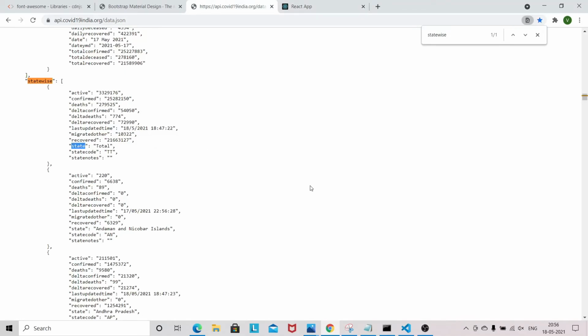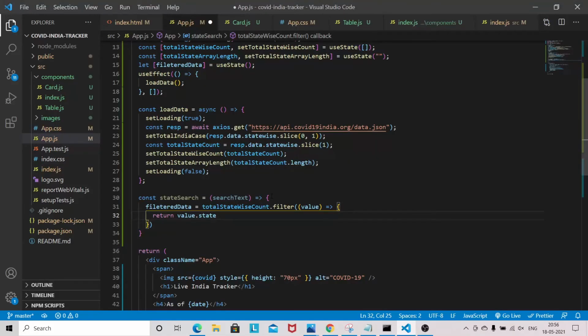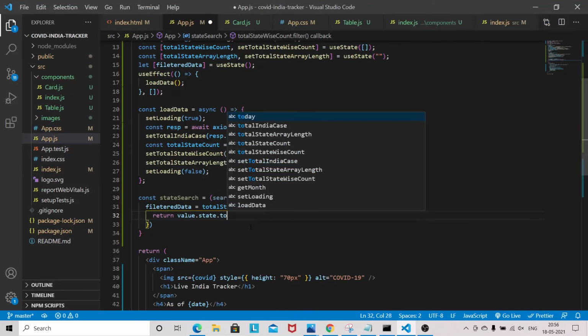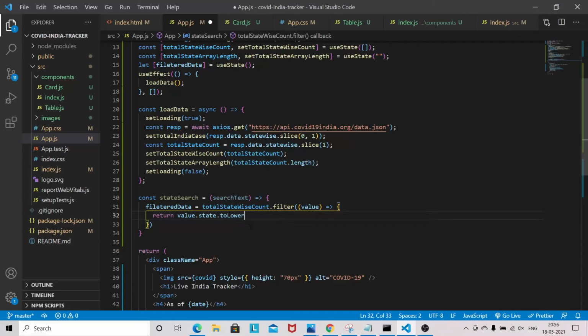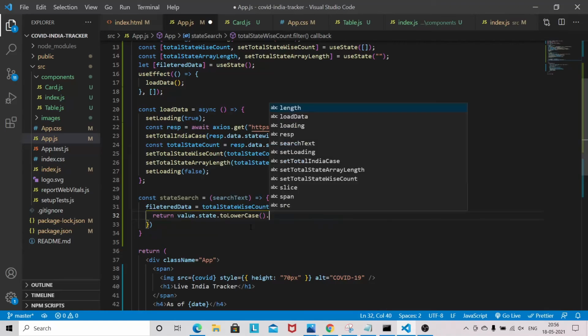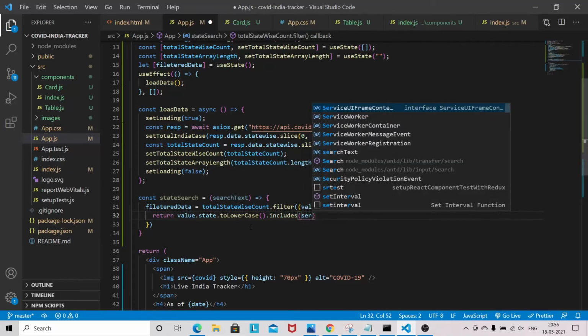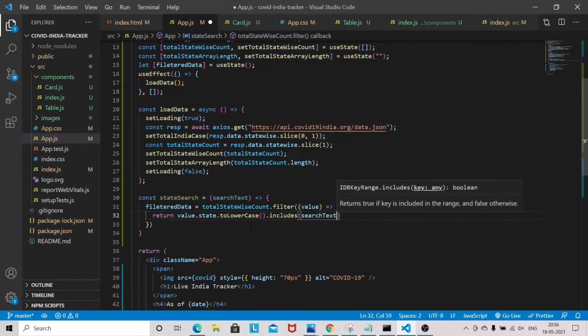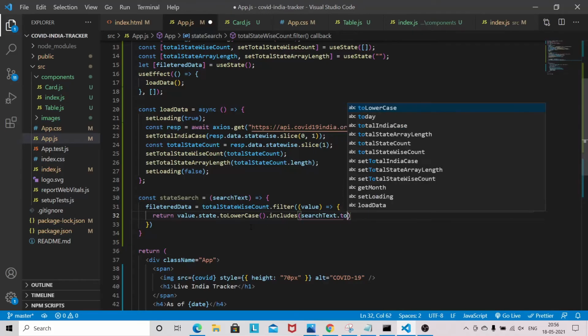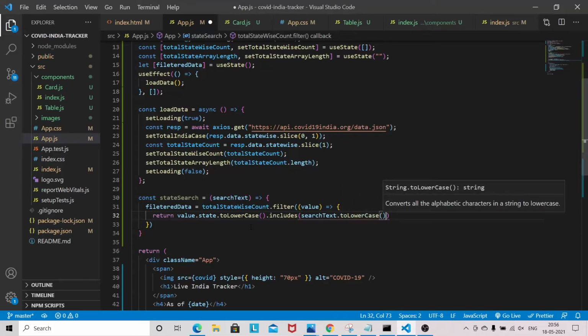Okay, state key. So that's why we have to use the value dot state dot toLowerCase. So the user can type lower or upper, doesn't matter, includes search text toLowerCase.